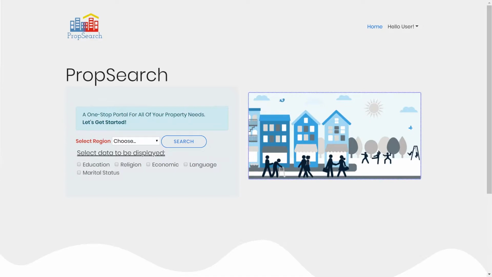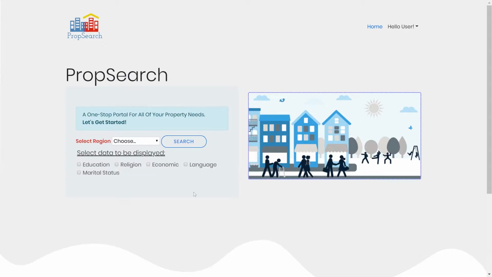The main objective of this project is to create a website for HDB buyers that shows the demographics and amenities of a given area. The PropSearch website targets potential property buyers in Singapore and aims to give them insights on the community that they wish to buy a property in. Users can also log in as a member and share listings that they might have and want to share with the public. The main function of the PropSearch website allows users to discover more information about the communities that they